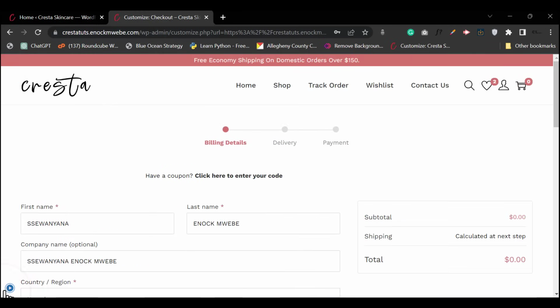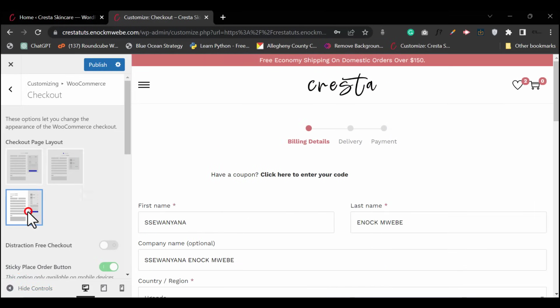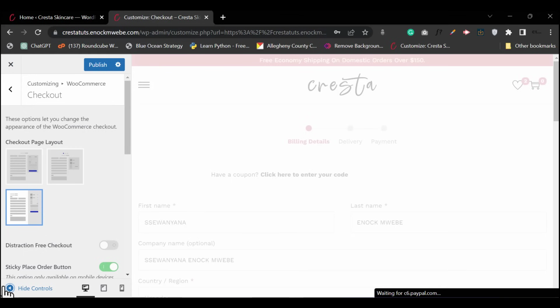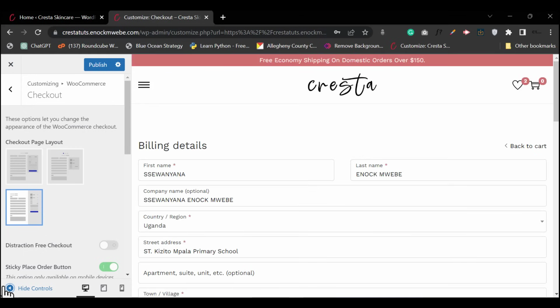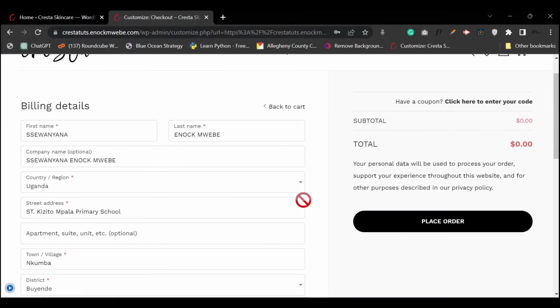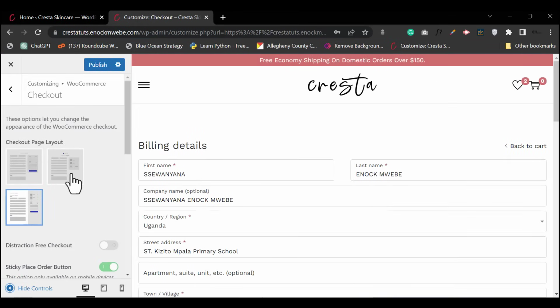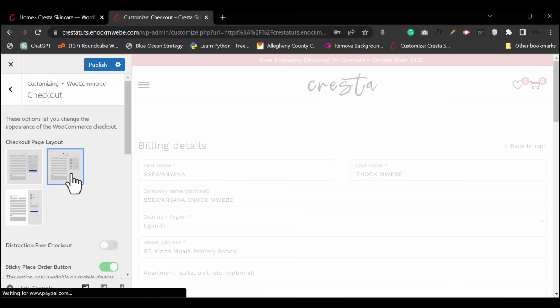So you see these have been added in this layout. Then you have this other one. Okay, let's see how that looks. And that kind of looks like this. Yeah, but I think I prefer this option right here. Okay, and once that's enabled,